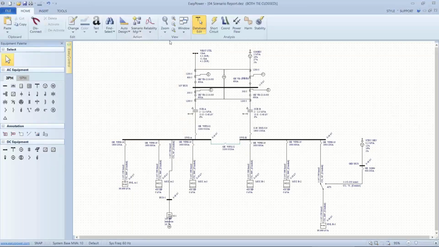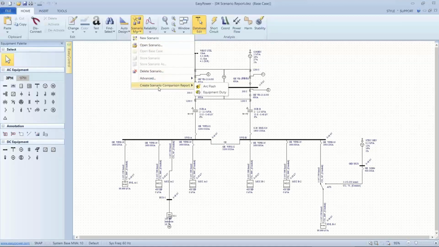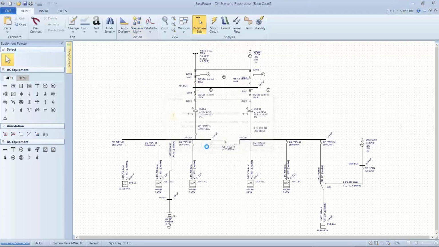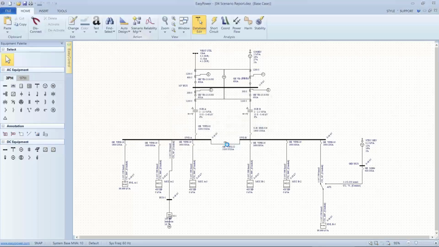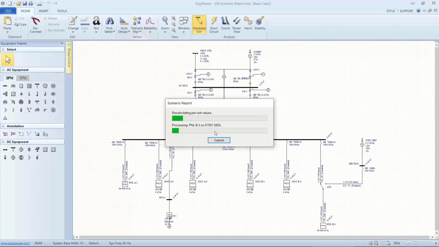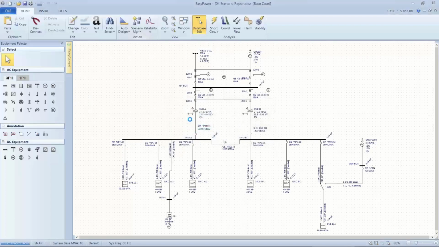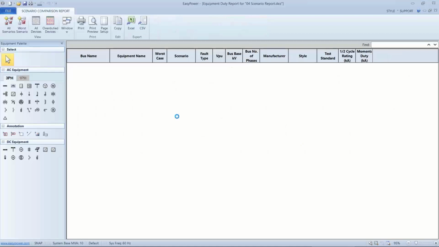Now that I've got that defined, I'm going to go back to my base case. And I'm going to create a report for my scenario manager, specifically for equipment duty. And we're going to use all scenarios, and what this will allow me to do, you'll notice that the report shows